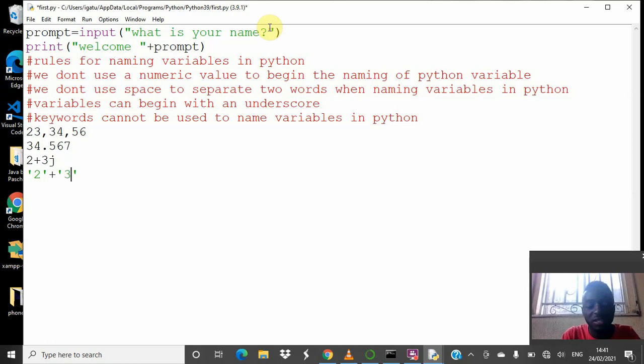Treat it like a string. This is not your numeric 3, and this is not your numeric 2. So the operations on the various data types vary. When you are adding, for instance, let's say in the integer data type, if you say 2 plus,